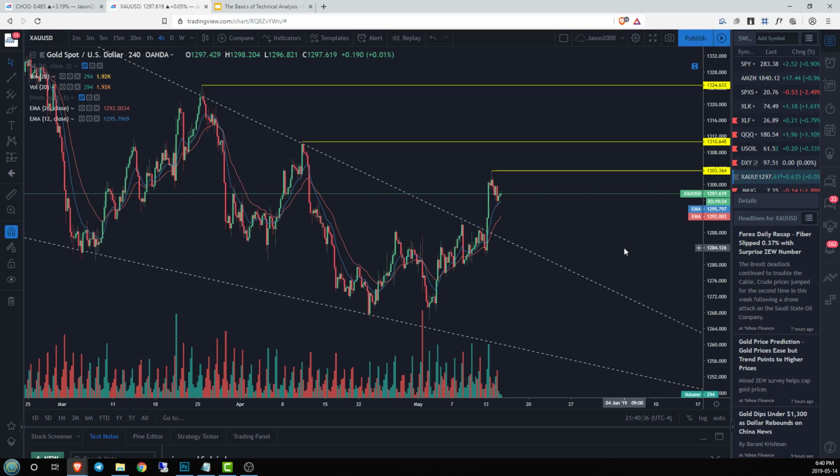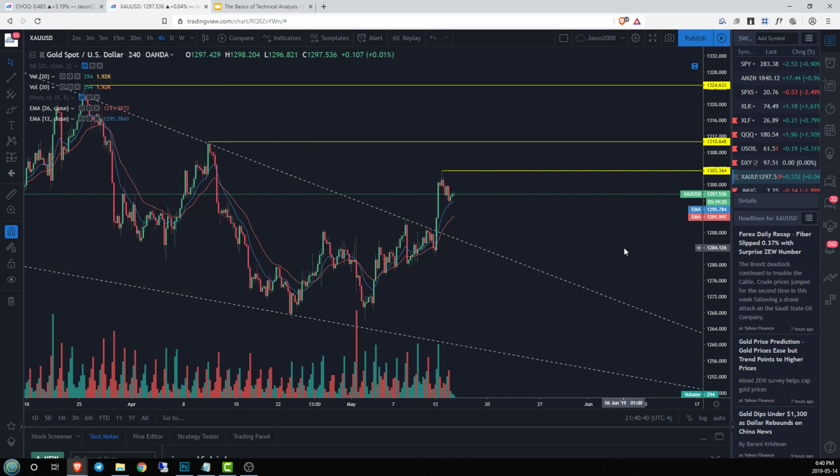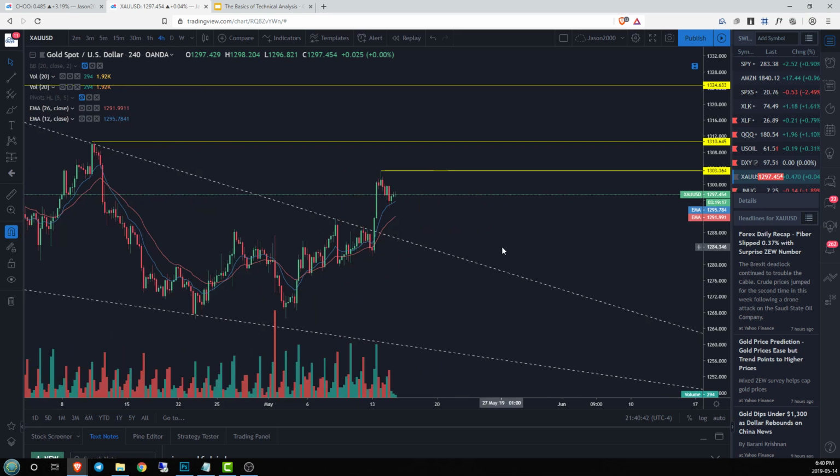One of the outcomes of a pattern break is a potential backtest of the key level of your break. So what we had talked about in the previous video was a potential for us to come back down and test out this trend line as a possible area of support before continuing back onto the upside. So over the last 24 hours or so, we have seen that starting to happen here. We're seeing a little bit of support on the EMA 12 on our 4-hour time frame,